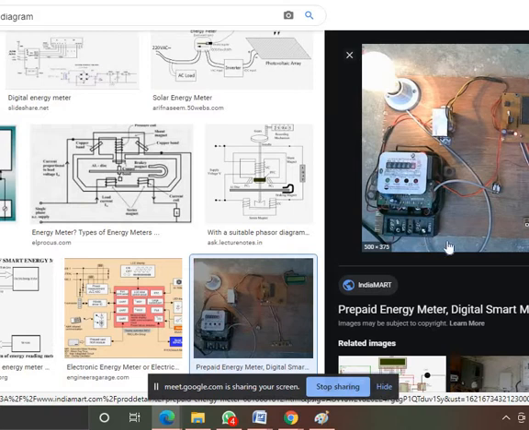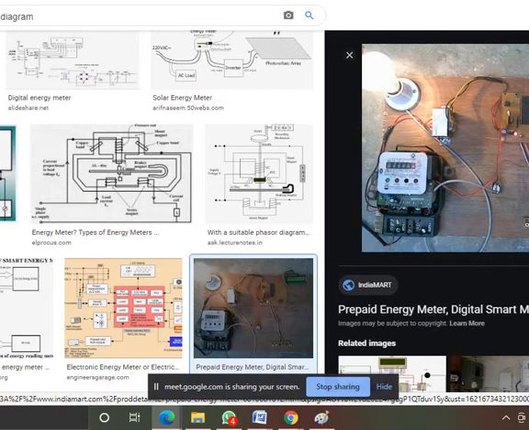You have to connect it to the load. Here we connect a single load as a simple example, but you can connect multiple loads, either series or parallel. We can do the electrical connection for each and every room, and all the loads will finally be connected to the energy meter. So this is the energy meter, you can see the diagram.